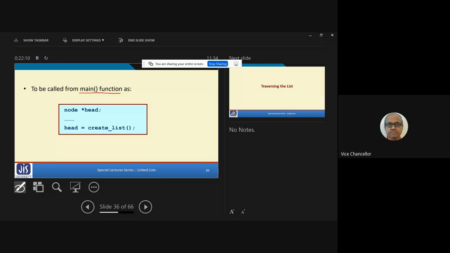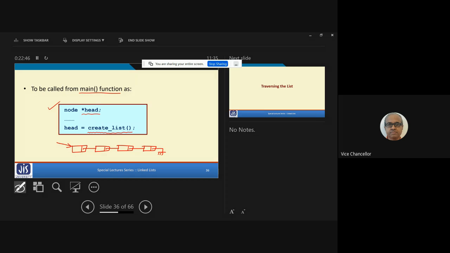See, from the main function, we would be declaring this head pointer like this. We already said it is node star head. And then we can directly call this function createList. What this createList will do is automatically create a linked list of n elements. It will ask the user to enter the values of the student records one by one, create the linked list, and return the starting address.